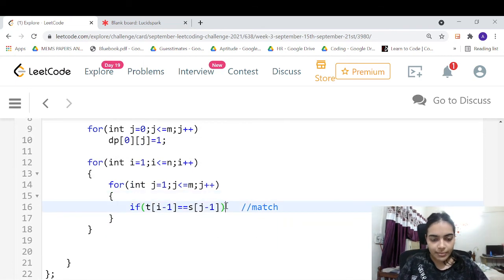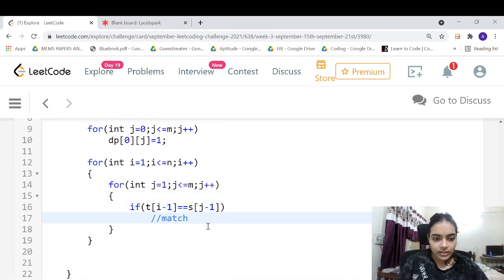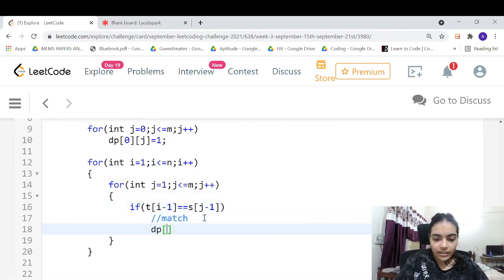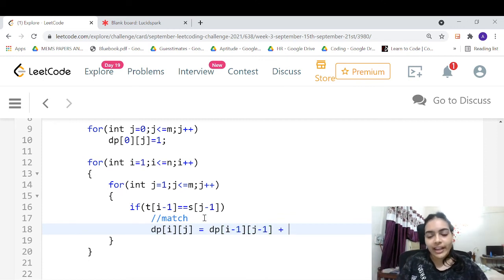Okay. So if they are matching, in this particular case, it is a match, and then your DP of i j in that case will simply be DP of i minus 1, j minus 1, right? You have two choices. Either you take the character, or you can try to not take the character also, right? You can try to see if you can use the previous characters to form it, right?